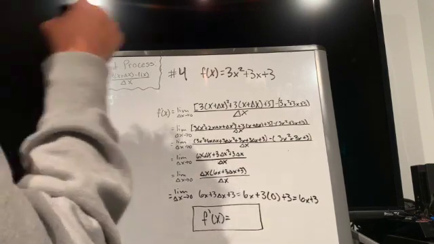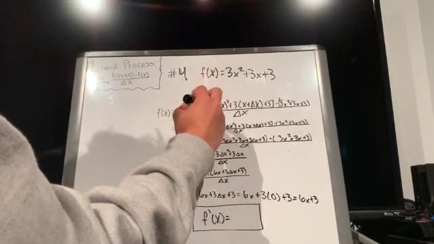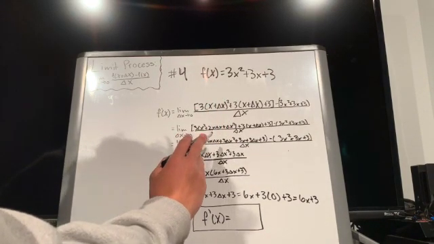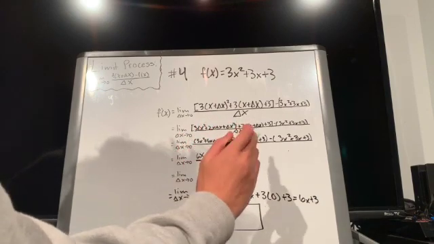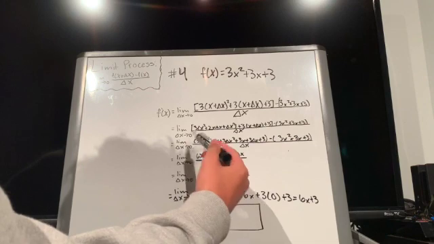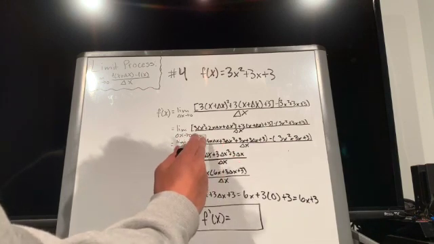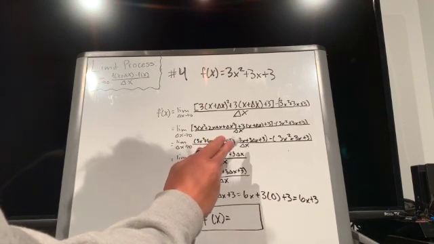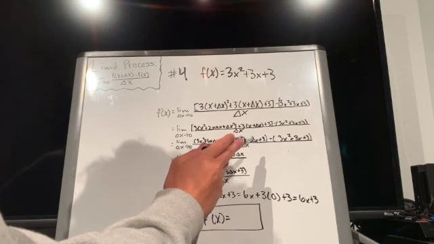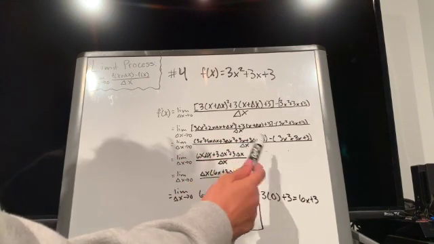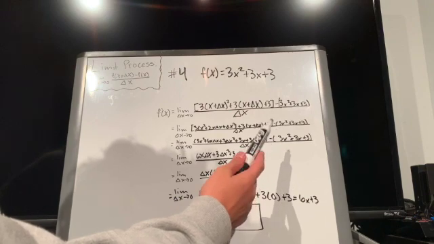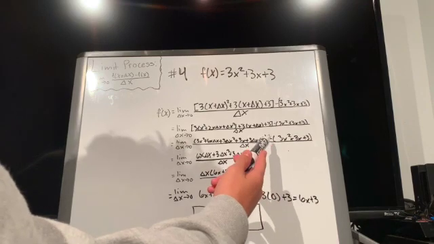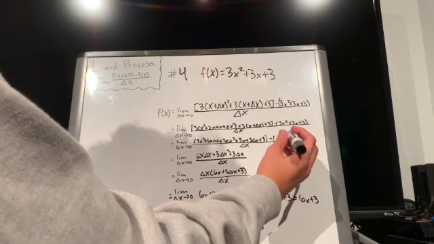So we're going to first start by squaring x plus delta x, which will give us x squared plus 2x delta x plus delta x squared. And then we're going to distribute everything so that we end up with 3x squared plus 6x delta x plus 3 delta x squared plus 3x plus 3 delta x plus 3 minus 3x squared plus 3x plus 3. So since there's a minus right here, we distribute it to these,